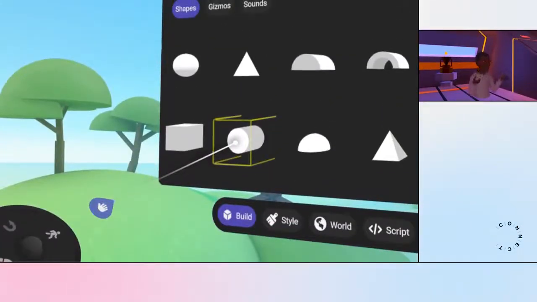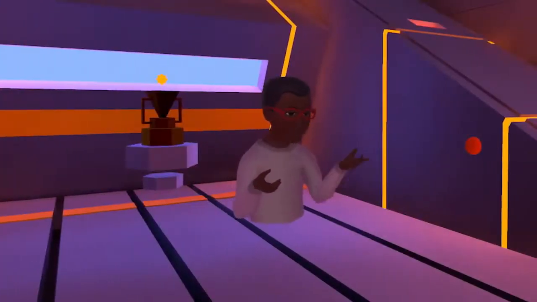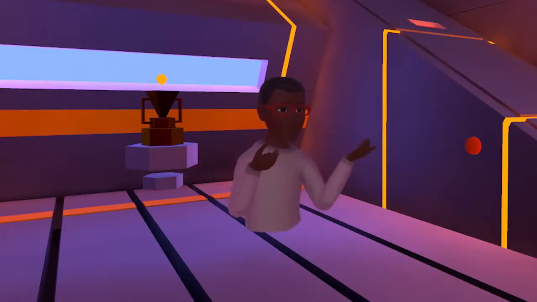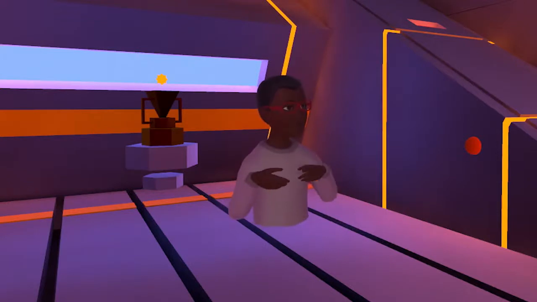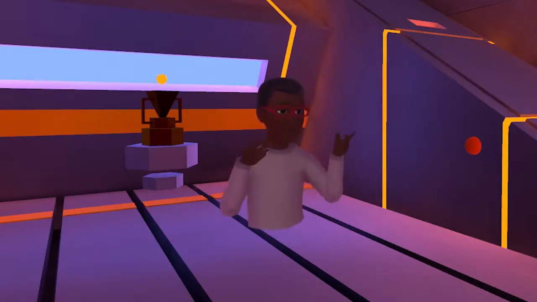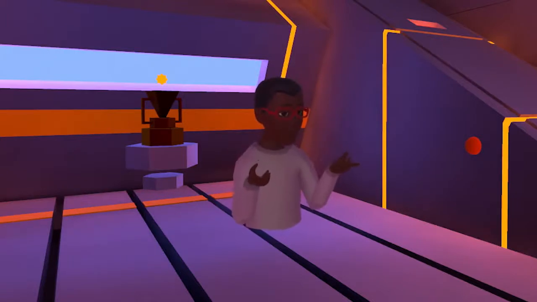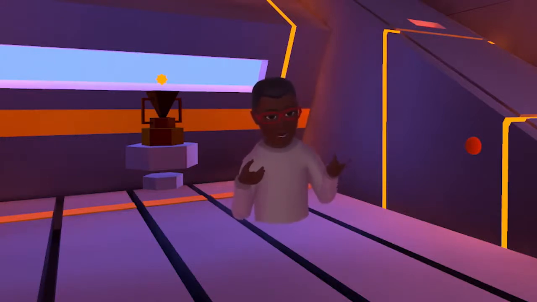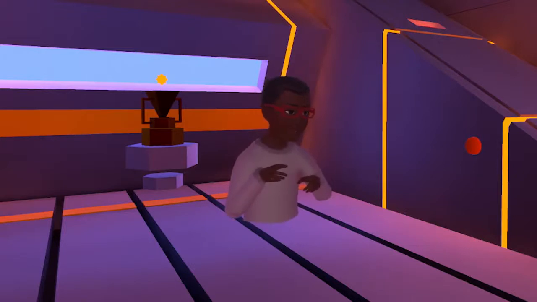You can directly or indirectly select different shapes, sounds, and gizmos to add to your world. For gizmos, we have different components that include triggers, doors, text, spawn points, sound recordings, particle and trail effects, environment, and scripts. You can access the properties for each gizmo by putting your right hand in the gizmo and flicking your joystick up. Script is the most important gizmo you'll need to make your world interactive in Horizon, but we'll come back to that soon.